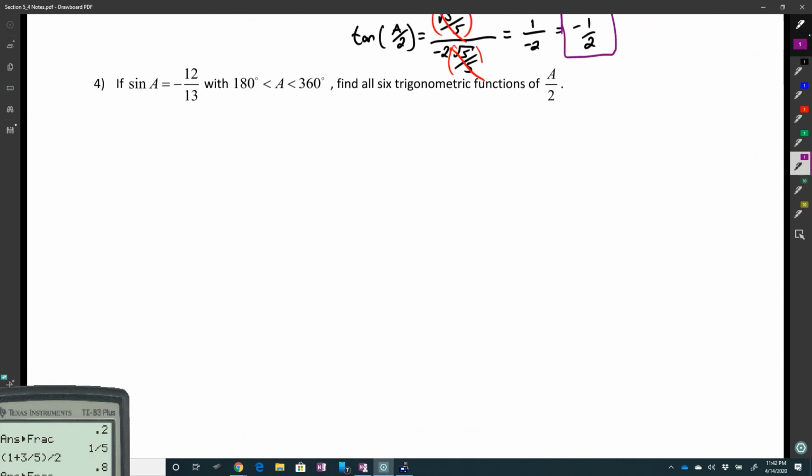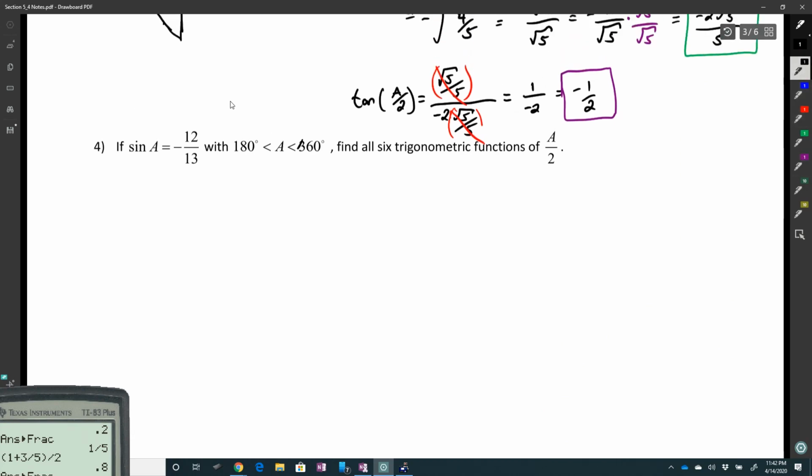So let's do one more. And there's actually a typo in this one. I got a little carried away. This should say 180 to 270. My bad. So if sine A is negative 12/13, so here if A is between 180 and 270, if I divide everything by 2,